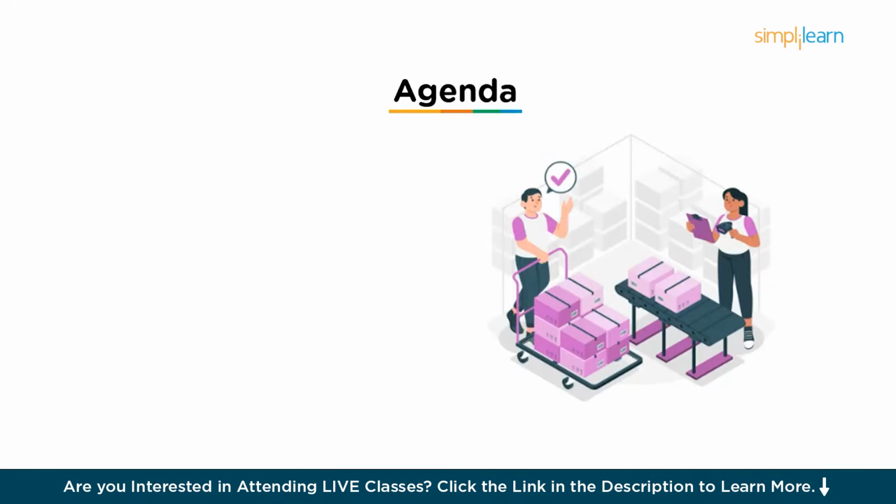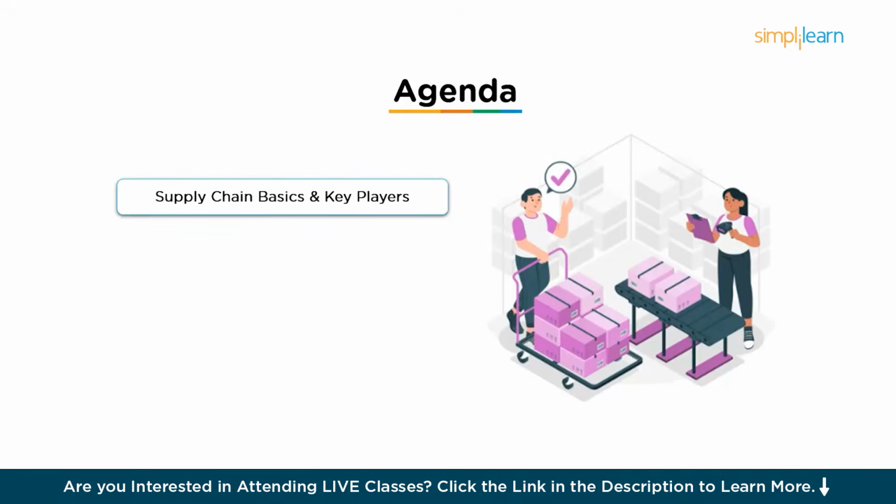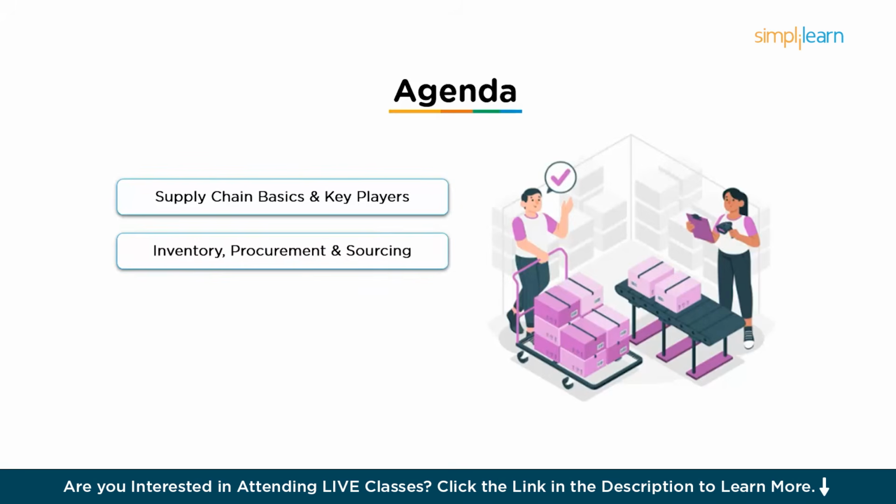So we will begin with the supply chain basics and the key players. You will get familiar with what a supply chain is, the flow of goods and information, and who the key stakeholders are, from suppliers and manufacturers to distributors and retailers. Next, we will dive into inventory, procurement, and sourcing. This module covers how businesses manage stocks efficiently, where they buy materials from, and how strategic sourcing decisions can make